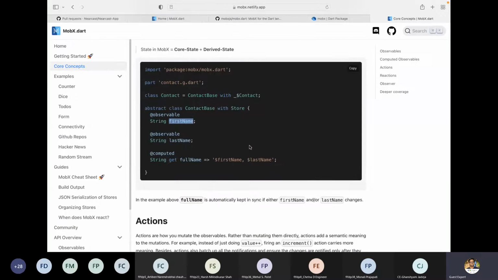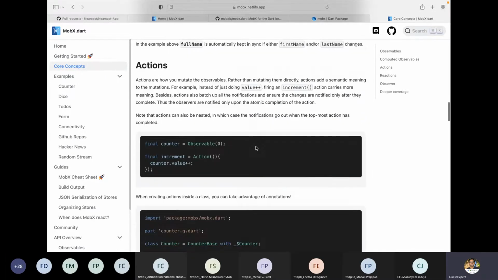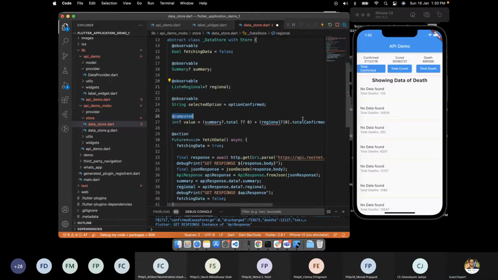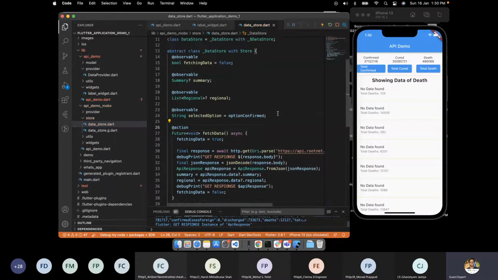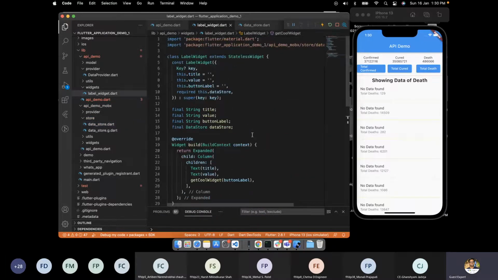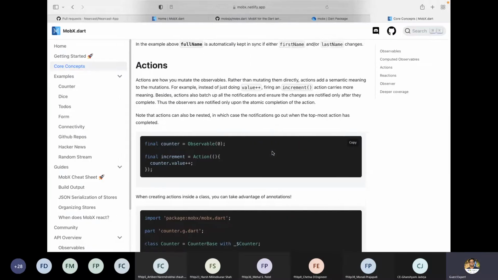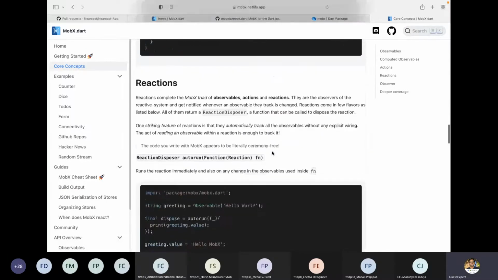In short, we have to do this. Right now I'm not going into this, but the computed field is used if our data is dependent on it, and it will automatically get updated as soon as we make any changes here. It's a bit complex, so I won't go inside it, but this is the stuff. And now to implement this, to pass this data store variable inside each and everything, we have to inject it using the injectable, using the provider.